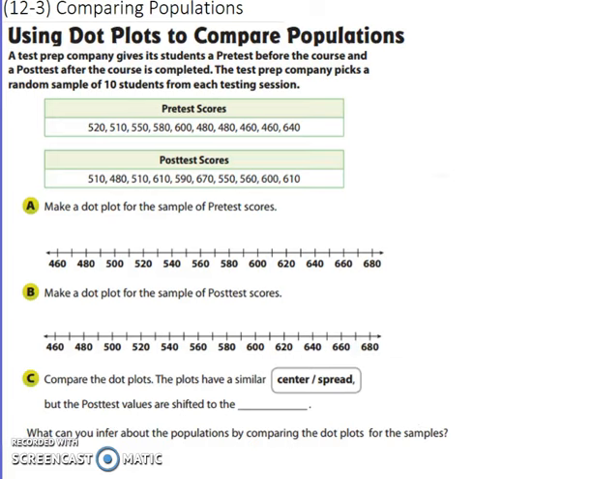Okay, today we're going to talk about using dot plots to compare populations. A test prep company gives its students a pre-test before the course and a post-test after the course is completed. The test prep company picks a random sample of 10 students from each testing session. Okay, so what we could do is order this from least to greatest and then plot it on the number